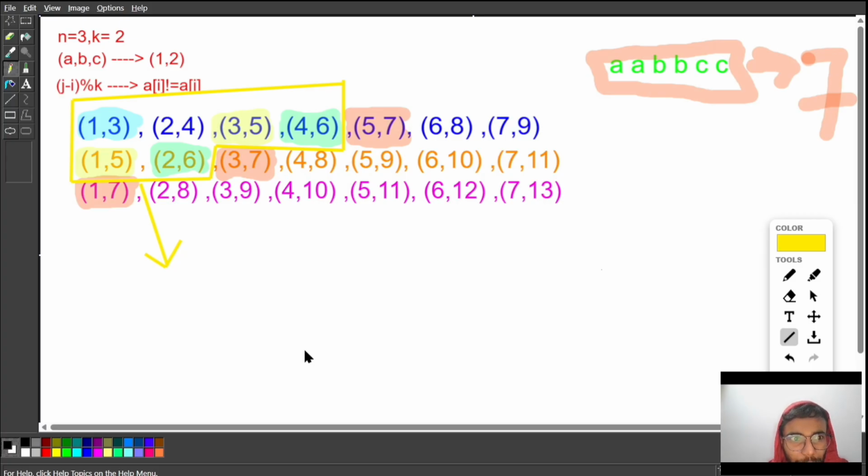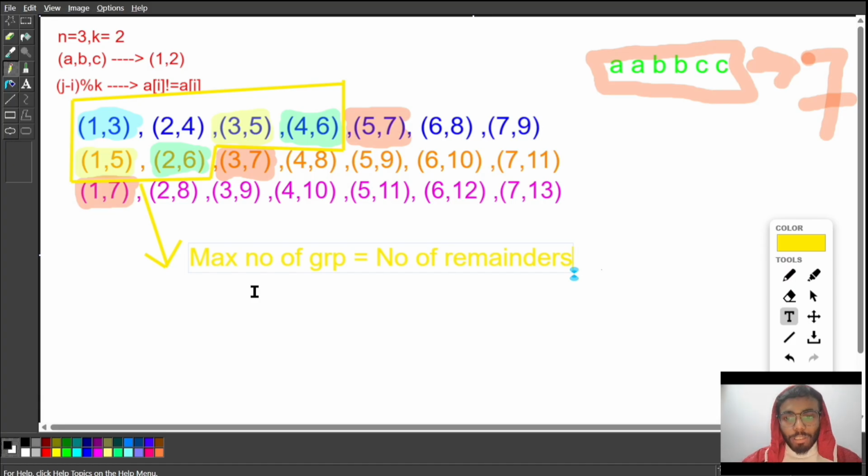So if I try to write, the maximum number of groups is the number of remainders, isn't it? The number of remainders is the maximum number of groups possible. So here 2 remainders are possible. We are able to form the 2 groups. Very nice. Now, if you do the second observation here,